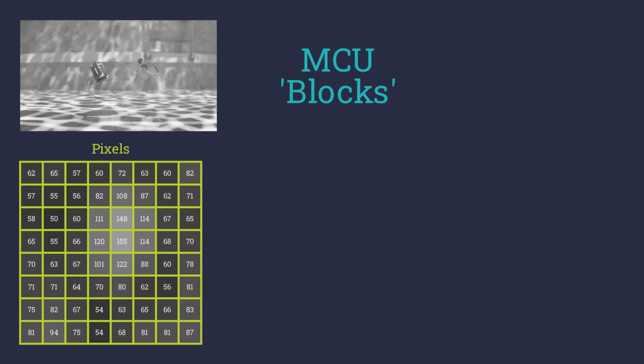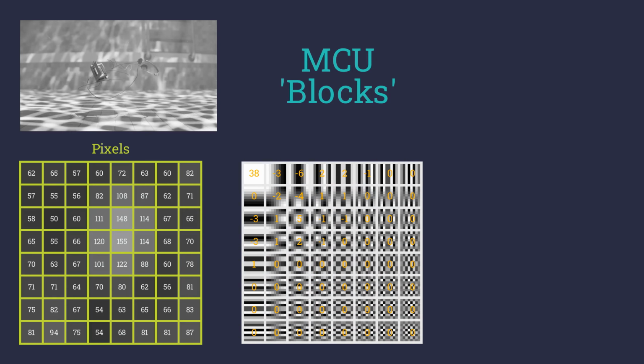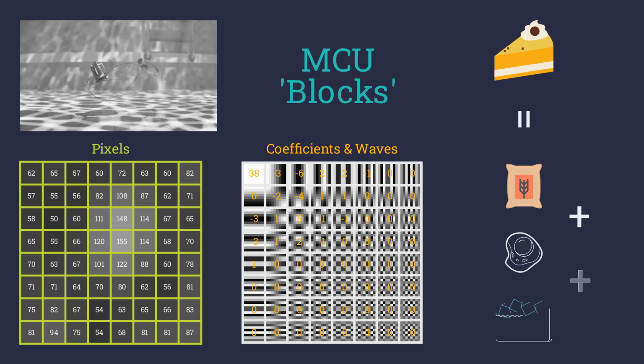The algorithm takes these 8 by 8 blocks or 64 pixels and returns a coefficient matrix of cosine waves ranging from cos 0x 0y to cos 7x 7y. For a simpler analogy, think of a cake. If you have a completely prepared cake, can you deduce all the ingredients that went into its making without any external information? That is what the DCT does.